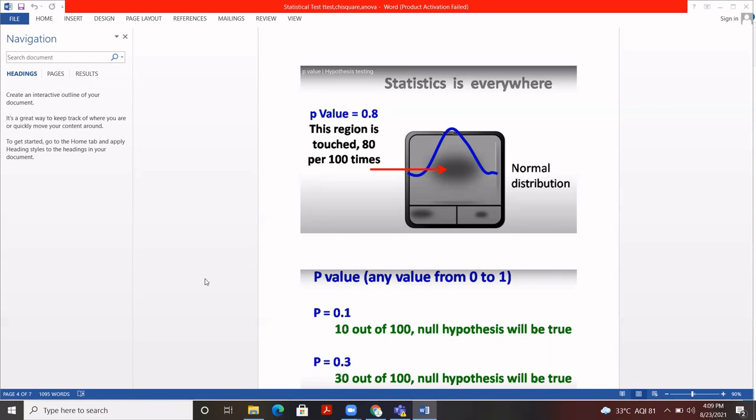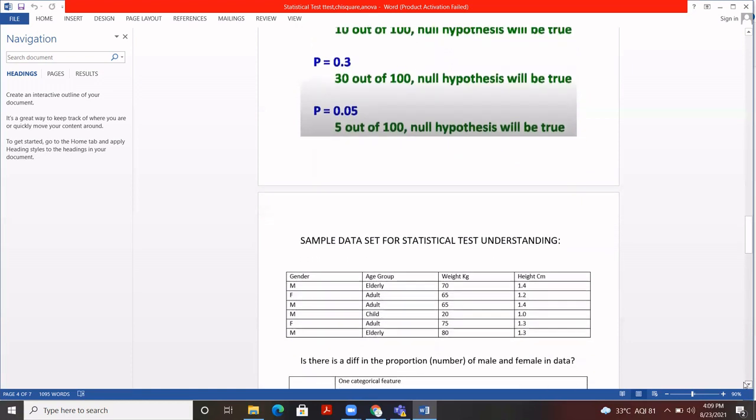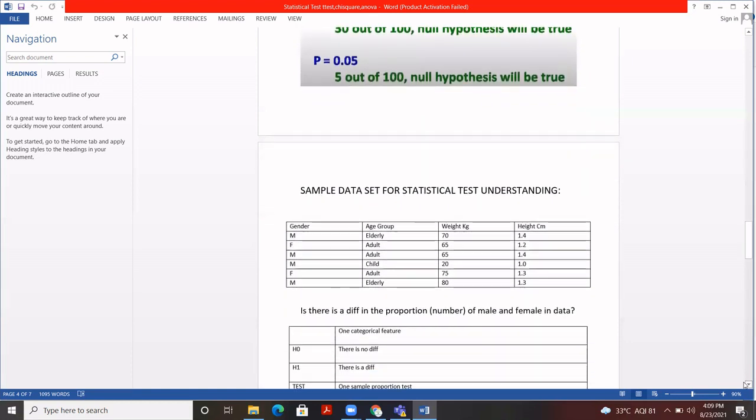So I have prepared one data set here. Let me explain with that. It's a dummy data set I have prepared so that we can understand that, based on the data type of a particular column that we require to solve that particular business statement, we can decide which test we need to pick to solve this problem.